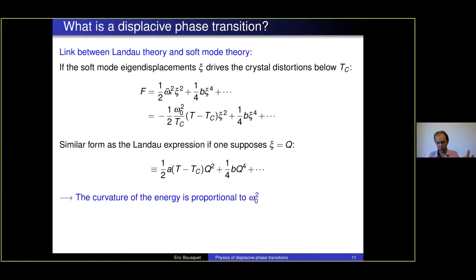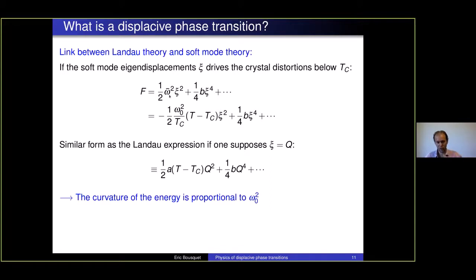We have seen that the harmonic part of the energy, because I will show you just after that the phonon frequencies are directly proportional to the second energy derivative of your system. This means that if the atomic displacements are the ones given by the pattern of displacement Xi, and if this pattern corresponds exactly to the eigenvector of your phonon, then the coefficient you have in front of the Xi squared, the harmonic part, is the phonon frequency. Because phonons are based on the harmonic theory, you can express your energy expansion with respect to this eigenvector.